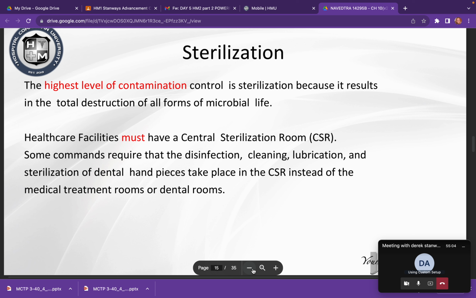At Portsmouth, we have the SPD, sterile processing department, and that is a separate entity of the main OR so that we don't have that cross-contamination in decon and it's not getting in the patient room. That also speaks to why some facilities, like the dental, disinfect those things in a different room, because you don't want to be disinfecting in the room where the patient is and all of those microbials and that nasty stuff is flying around in the room